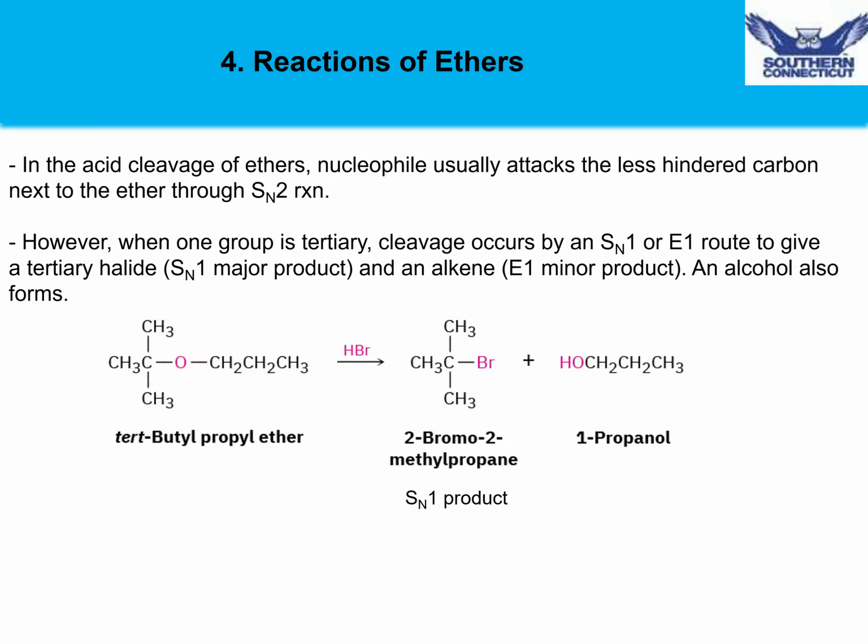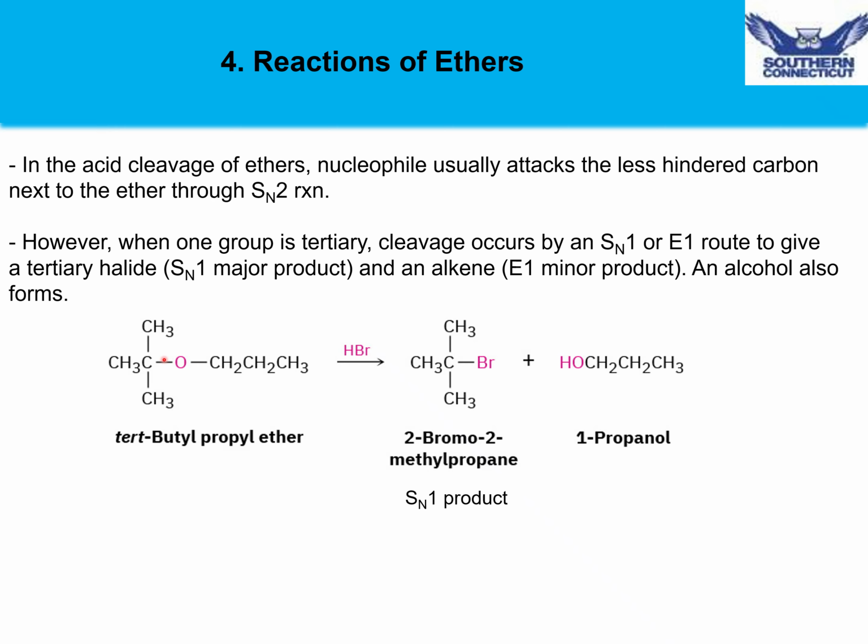Here's an example. We have tert-butyl propyl ether, and we're going to add HBr and heat the reaction. Generally, the first step will involve the oxygen attacking the hydrogen and being protonated. And then that creates the opportunity to form a carbocation, since we have a tertiary carbon next door. So